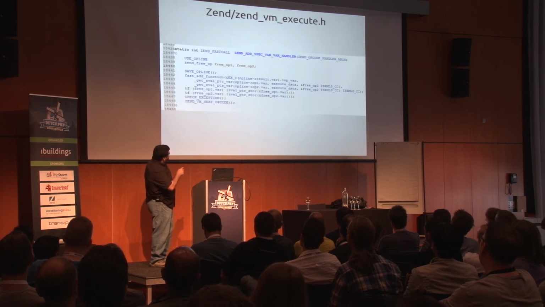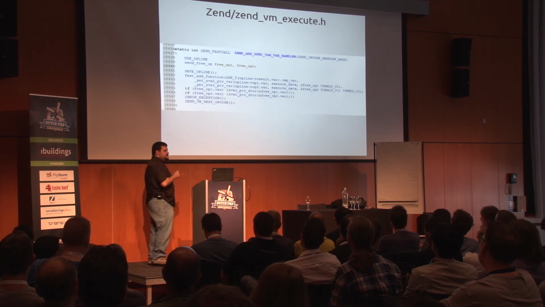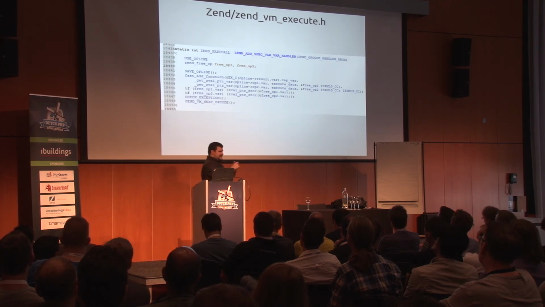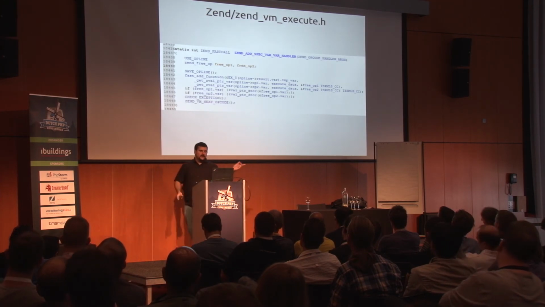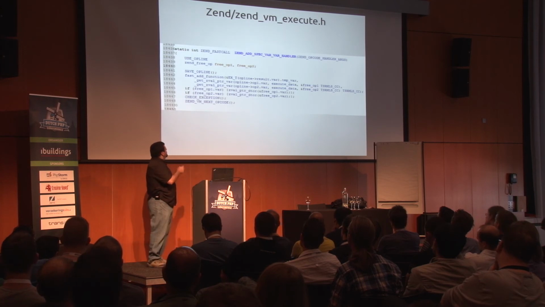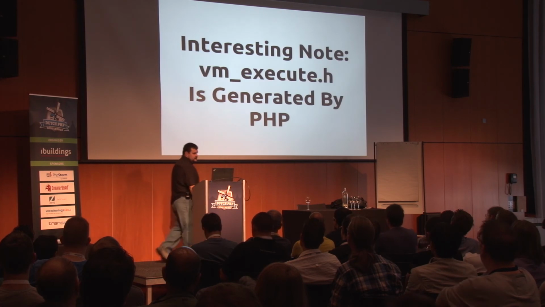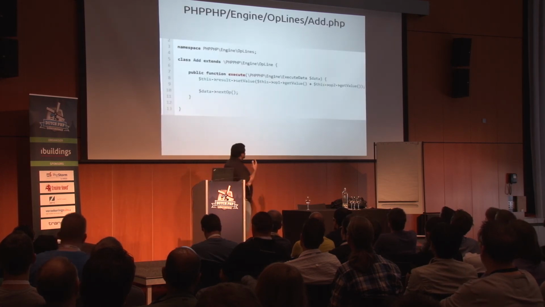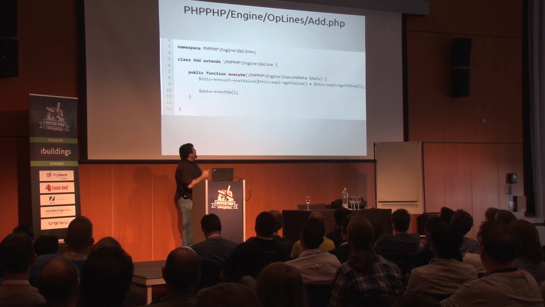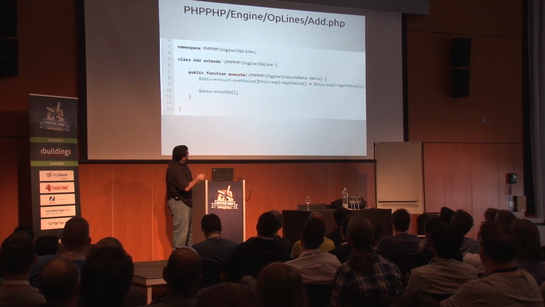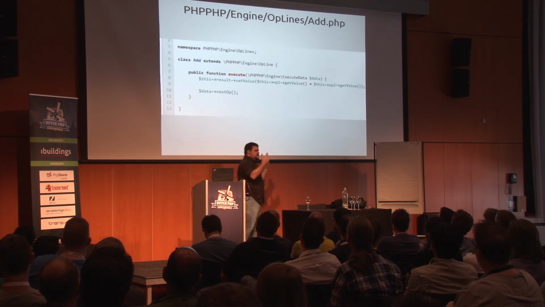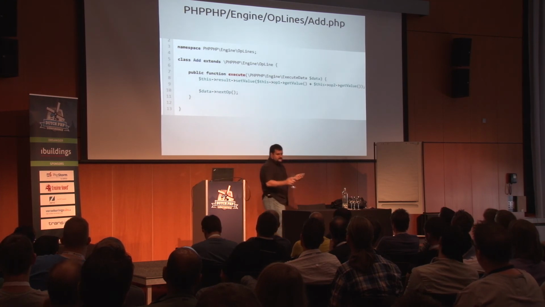So we have this whole bunch of bootstrap that's dirty. This is what's generated by PHP. We define this in a template style language, and then we run PHP code that takes this and generates this for us. So all we're doing is calling add. Complicated. Messy. In PHP, it's a lot simpler. We have an add opcode that takes 2 variables, op1 and op2, adds them together, and sets it into the result. That's all that this is doing. It's a virtual machine running on top of C.